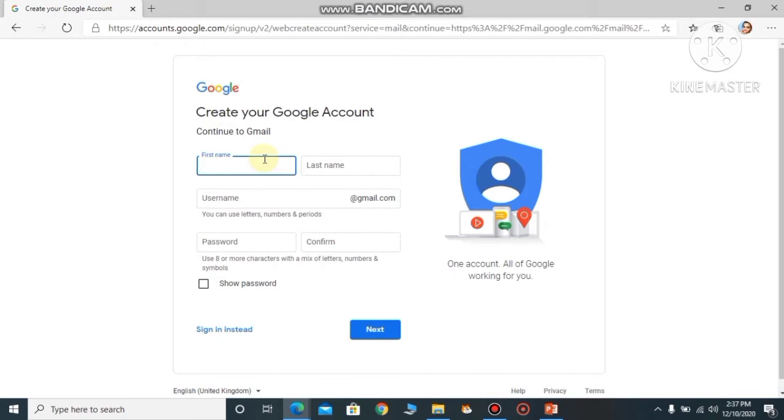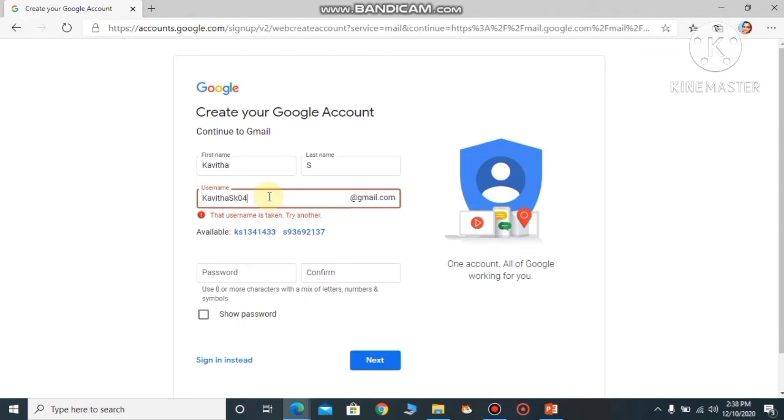Okay, children, so let us go for it. I'll create it for myself, so I'll enter my own details here. You have to do this in your systems. You can do it on mobile phones also. Here you have to select the username. Let me type the username which is required for me.